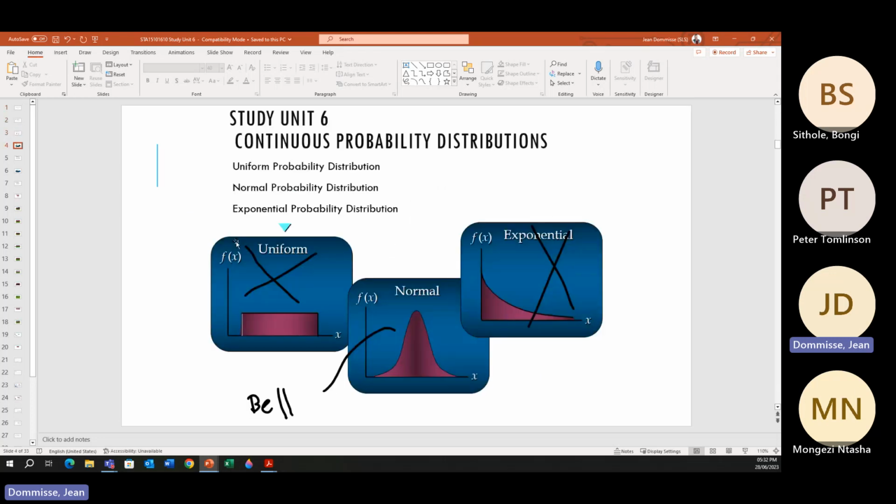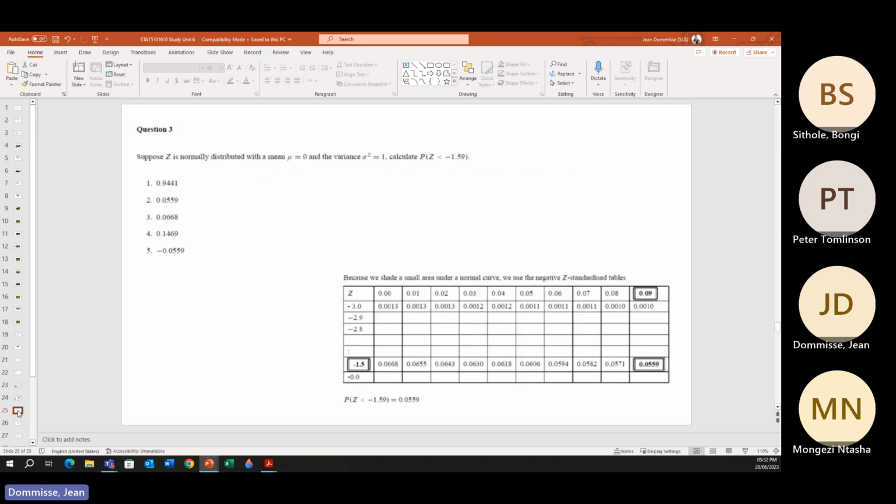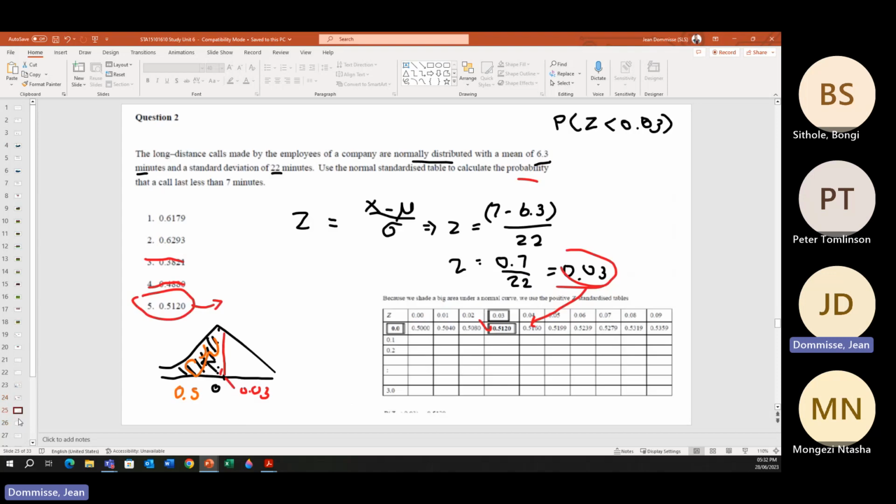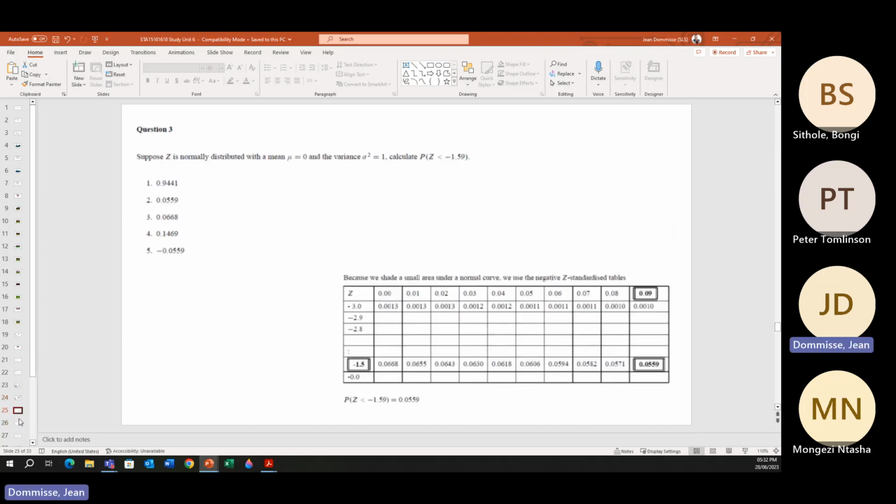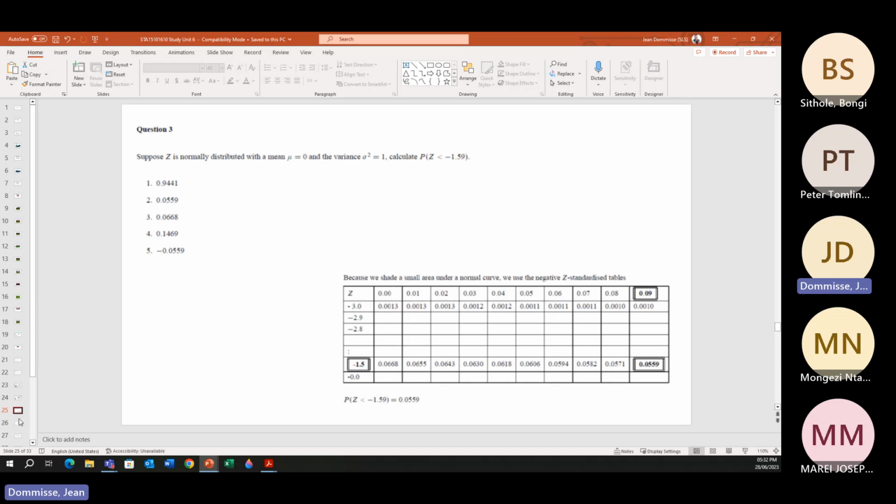And again, just to reiterate the importance of study unit 6, because study unit 7, 8 will also use the information around study unit 6, study unit 9 as well when we go into hypothesis testing. So very important, the impact of study unit 6 on the next 3 study units. Okay, so